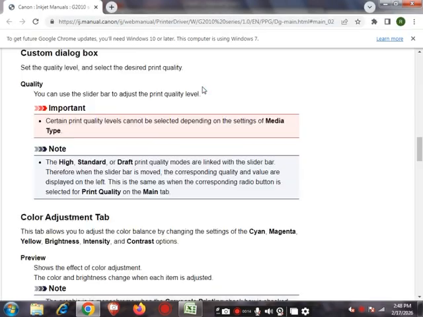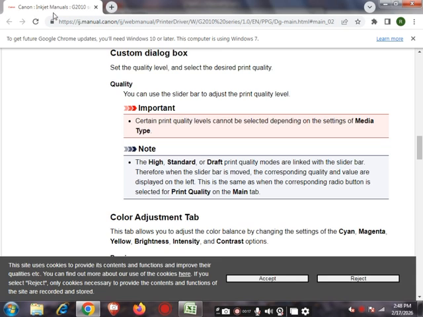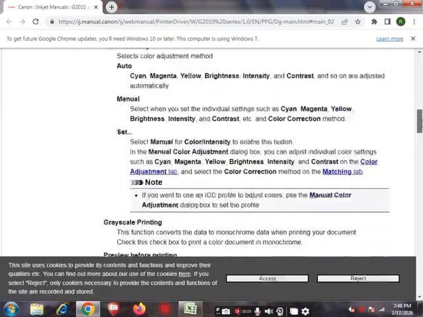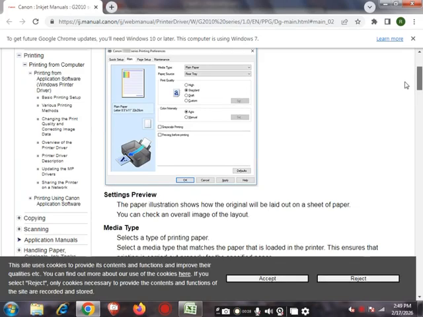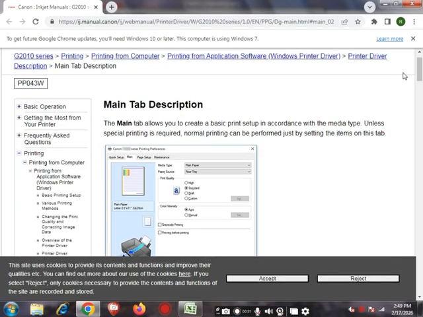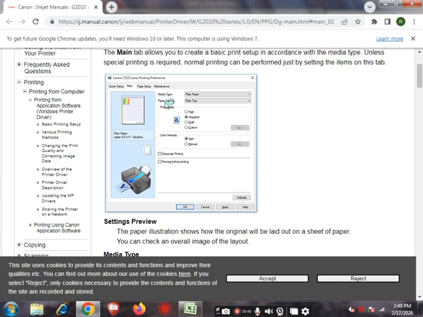See, when we click on it, the site will open and show all information and guidelines about that command, and this is the printer site. By scrolling up and down, you can see everything about this command. This is the dialog box that shows on the screen, with a main tab description that guides us about every option step by step. We can read and get all information about it without any problem.